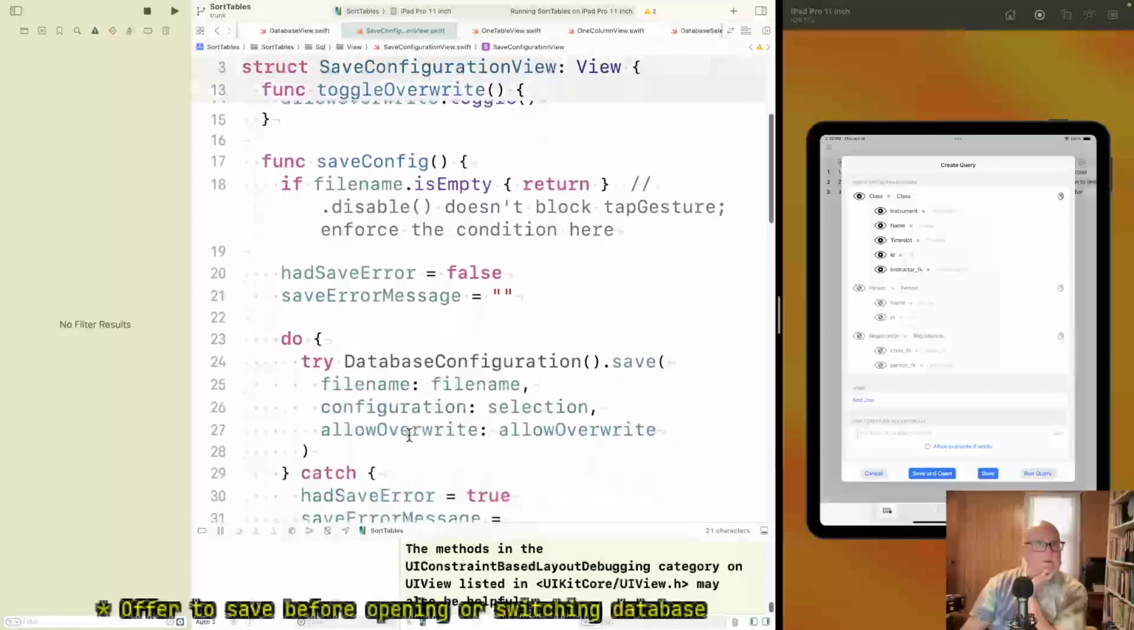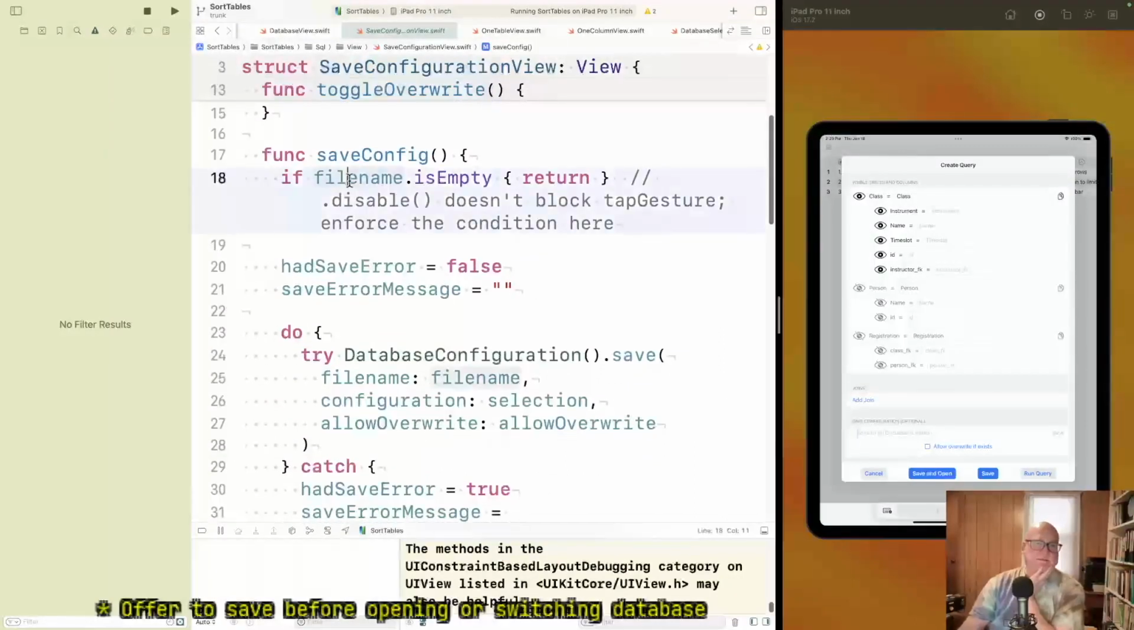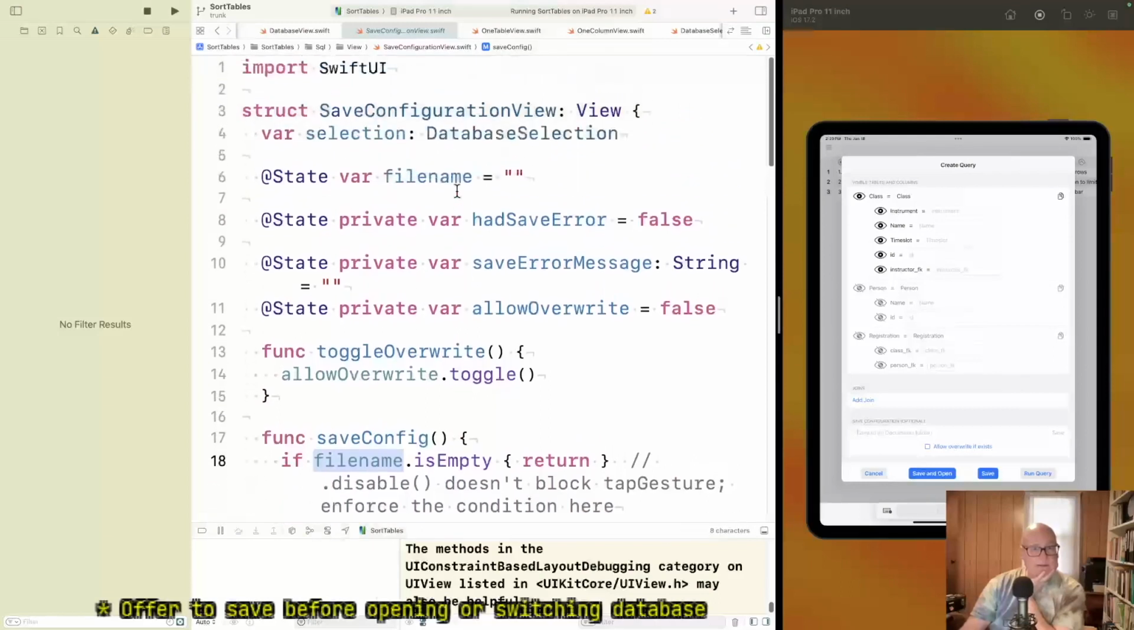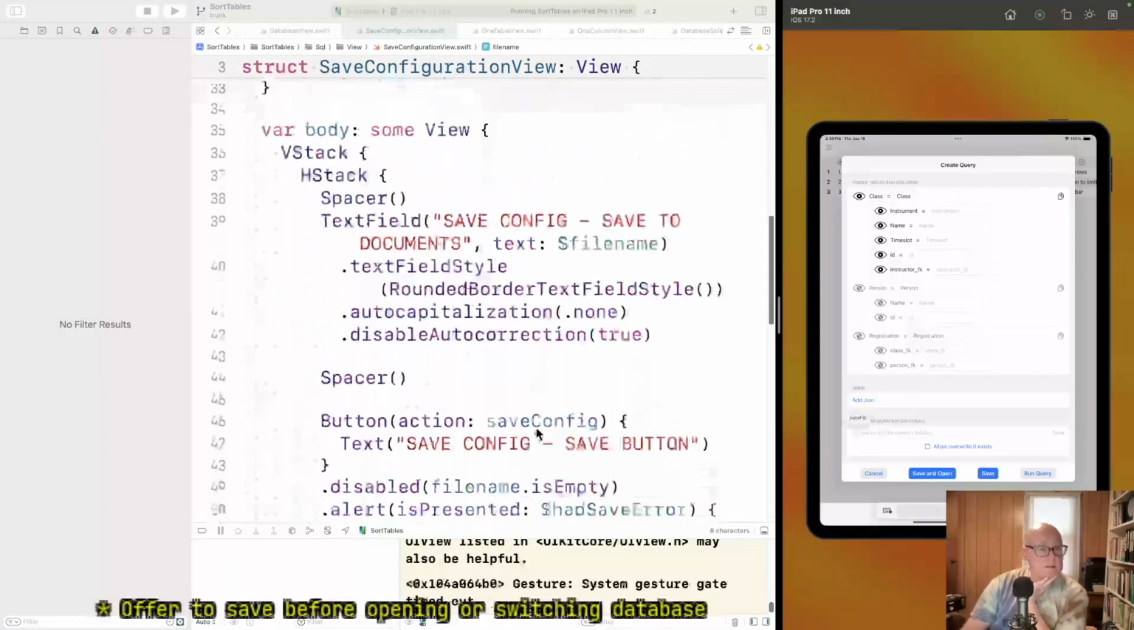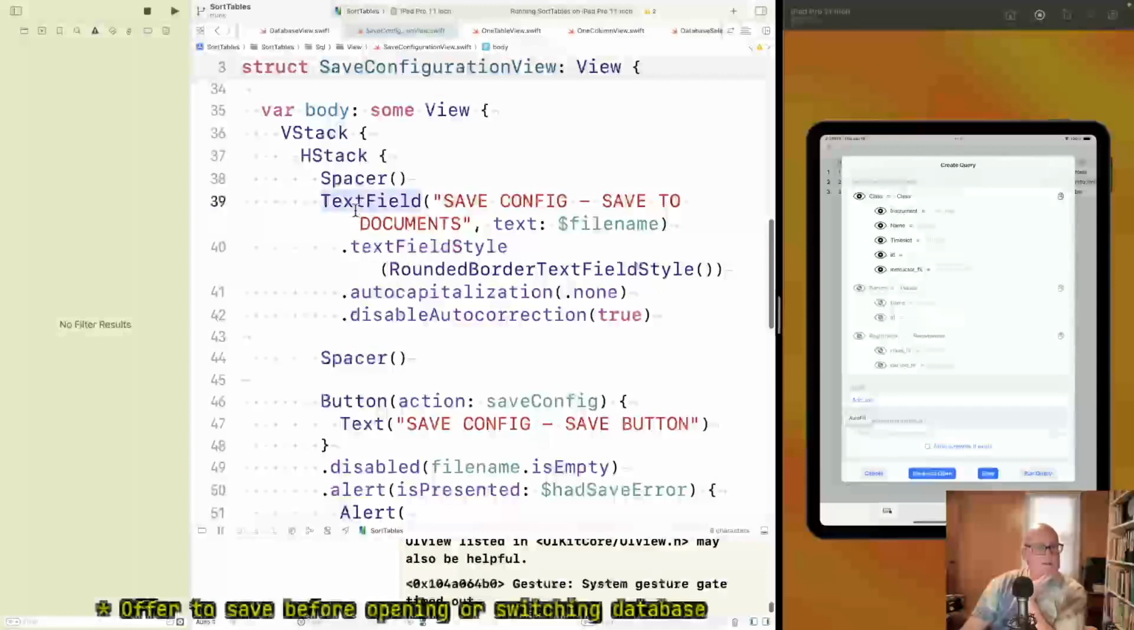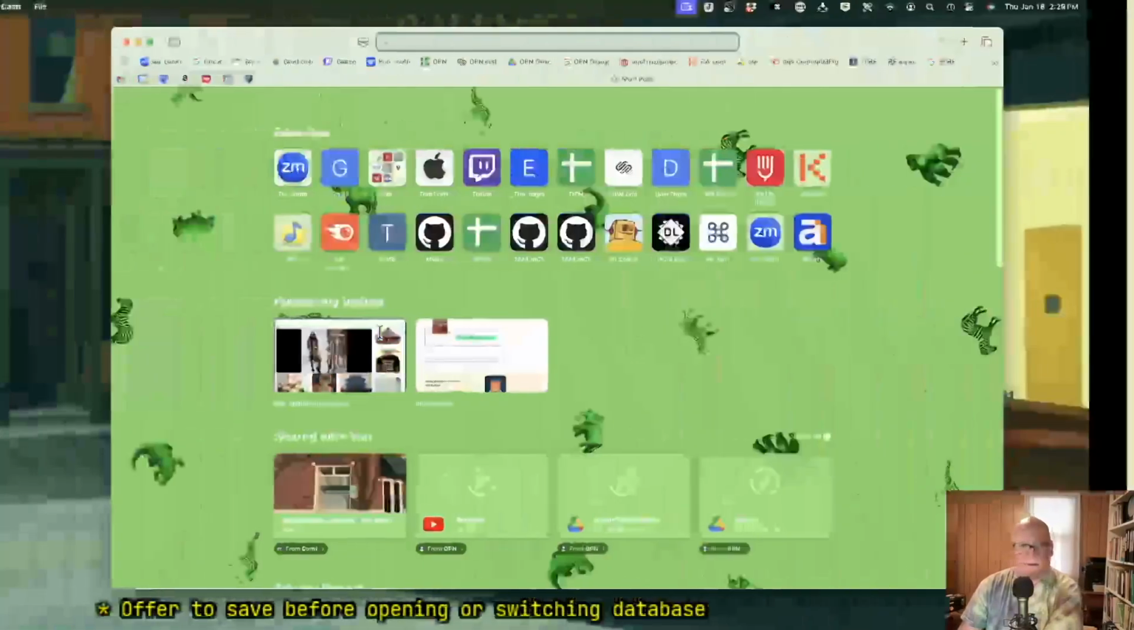Save config. File name is empty return. File name is the variable for that. Okay. So that's what you're typing in here. Is that in the main body? Yeah, there's a text field. Okay, so maybe I'm doing the wrong